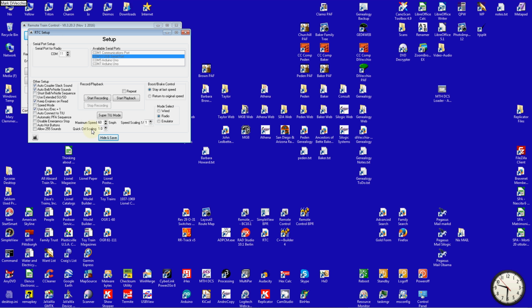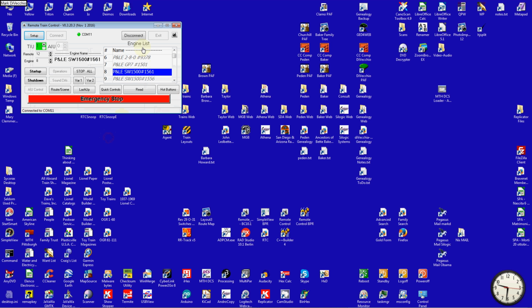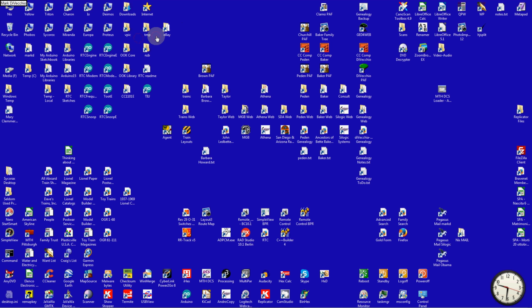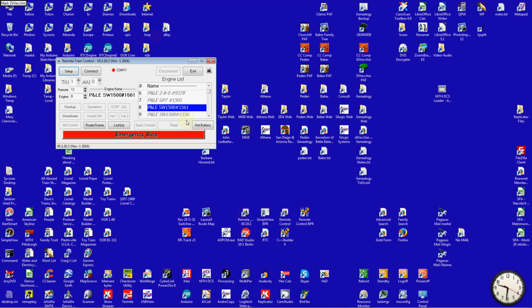there's a new little button called quick control scaling. Normally set to 1 so that you can get exactly one-to-one of what it was designed. If we wanted to make it a little bit bigger, let's just say 1.6. You can actually go up to 2.0, but I'm going to just set it at 1.6, and I'm going to hide and save that. Here we have to disconnect and exit, and since it's changed, we're going to come back